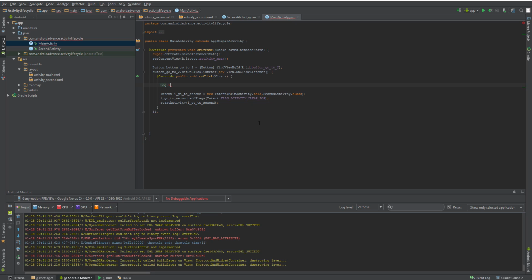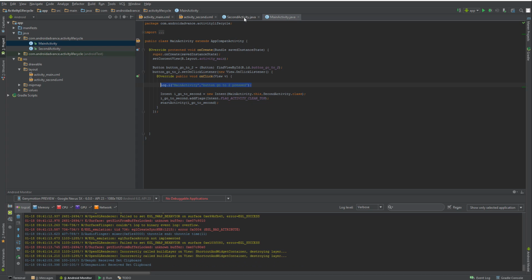Let's import this class, and inside here you have to write the first thing. You have to do a tag. Let's name it main activity, and here you have to write a message like button go to 2 pressed,